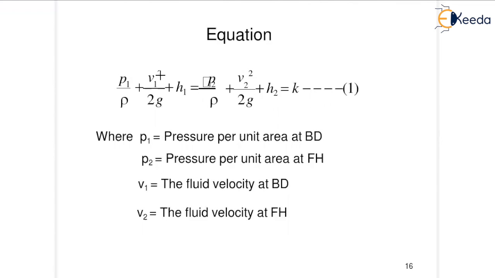P1 by rho plus V1 square by 2g plus H1 is equal to P2 by rho plus V2 square by 2g plus H2 is equal to K. What is P1? P1 is the pressure per unit area at BD. P2 is the pressure per unit area at FH. And V1 is the velocity at BD. V2 is the velocity at FH. So it is P1 by rho plus V1 square by 2g plus H1 is equal to P2 by rho plus V2 square by 2g plus H2 is equal to K, according to Bernoulli's theorem,